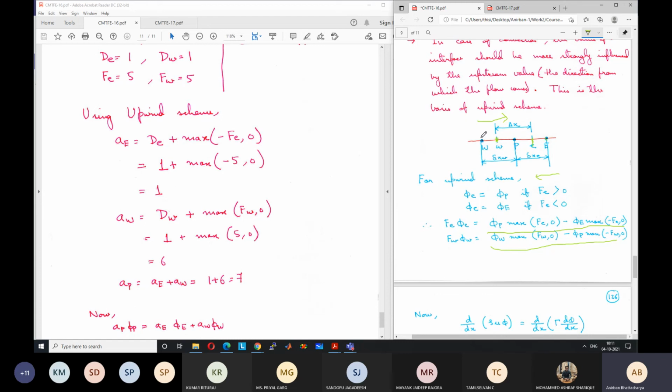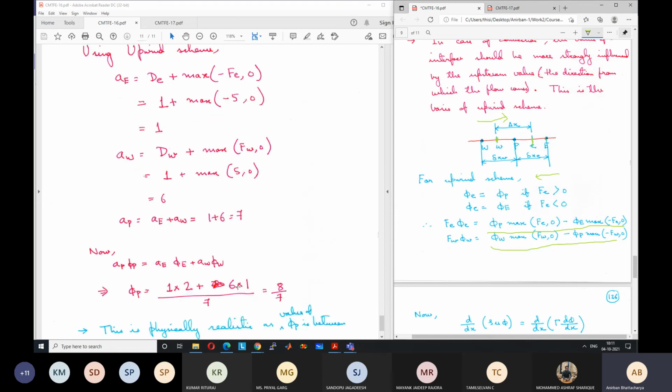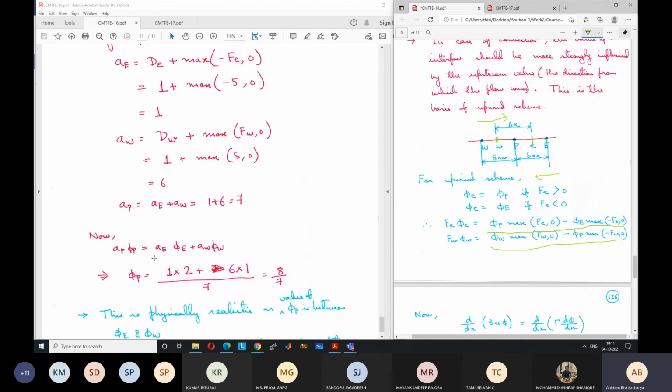Okay, AW. AW is the coefficient of this. So whatever is the contribution of this point to this point, because the flow is in this direction, because Fw is positive, we see that there is a large effect of flow. Okay, diffusion has an effect of 1, but flow has an effect of 5 in terms of whatever units these are. Okay, so ultimately AP is equal to 1 plus 6 equal to 7, and if you replace the values,